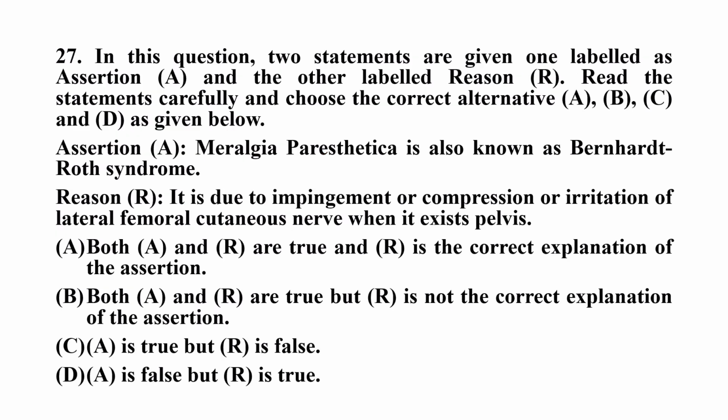Now 27. In this question, two statements are given, one labeled as assertion and other labeled as reason. Read the statements carefully and choose the correct alternatives A, B, C and D as given below. Assertion A: meralgia paresthetica is also known as Bernhardt-Roth syndrome. Reason R: it is due to impingement or compression or irritation of lateral femoral cutaneous nerve when it exits